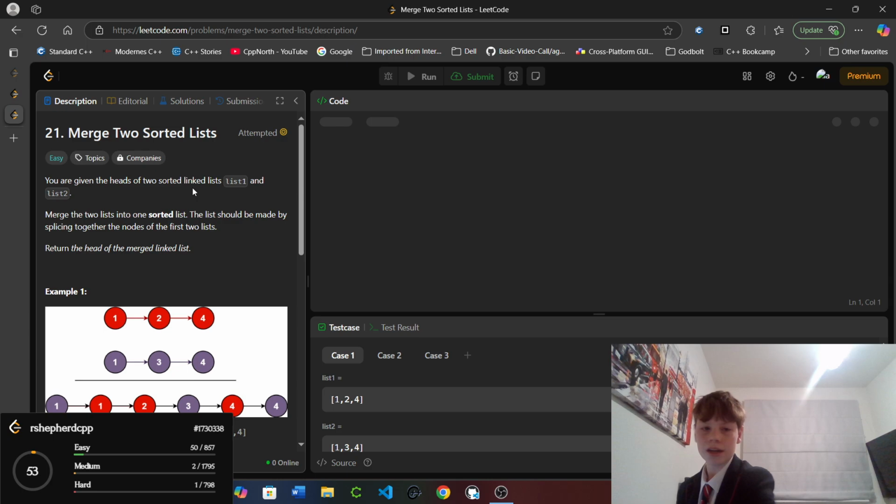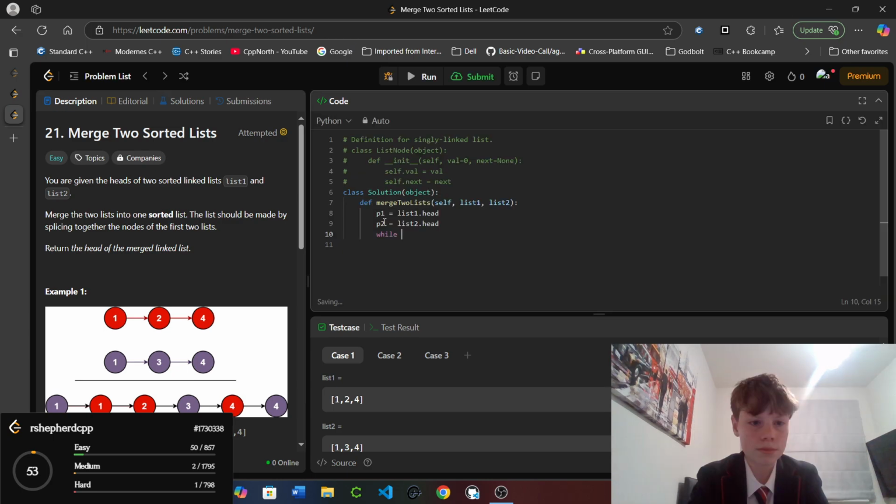Okay, so my intuition here is we have our, should I call it P1 equals list1.head, P2 equals list2.head, while P1 is not equal to none and P2 is not equal to none, then we're going to do, well here we can just do if P1 is equal to none, then we're just going to